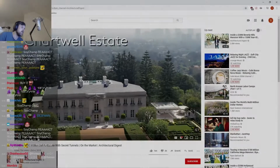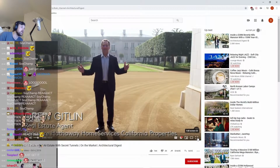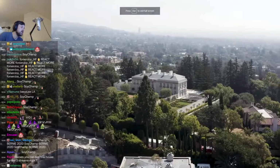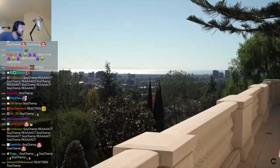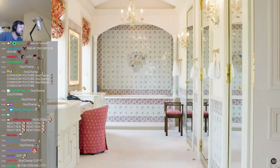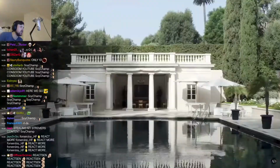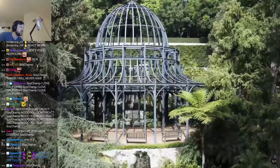Welcome to Chartwell, one of the most incredible, iconic properties in Los Angeles, if not all of California. It's situated on 10.4 acres with views from downtown Los Angeles all the way to the Pacific Ocean. The estate features an authentic French chateau with 6 bedrooms and 13 baths, complete with canyon trails and golf cart paths, the secret tunnels, the pool and pool house, the tennis court, the French gardens, the garden pavilion, the